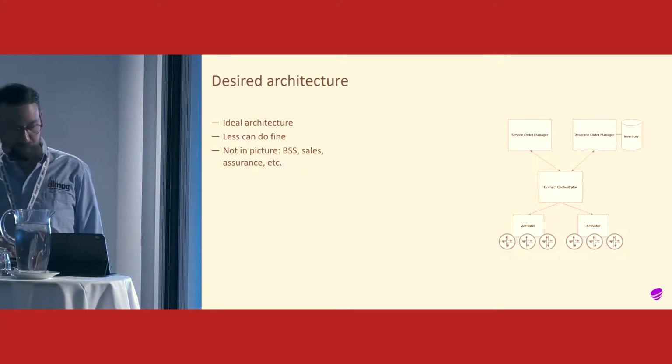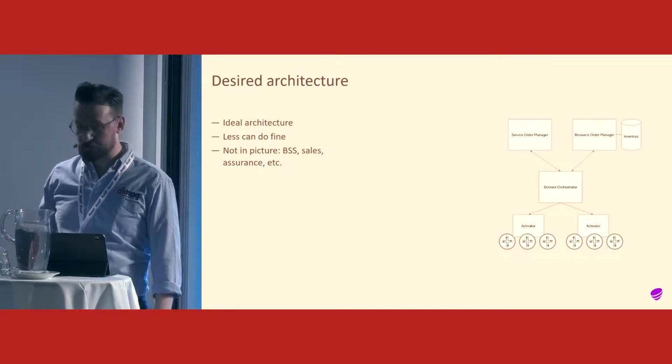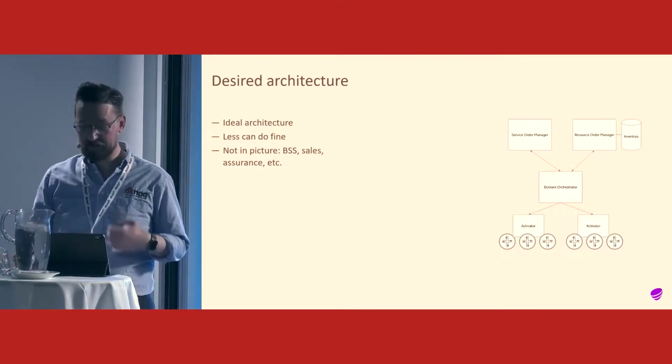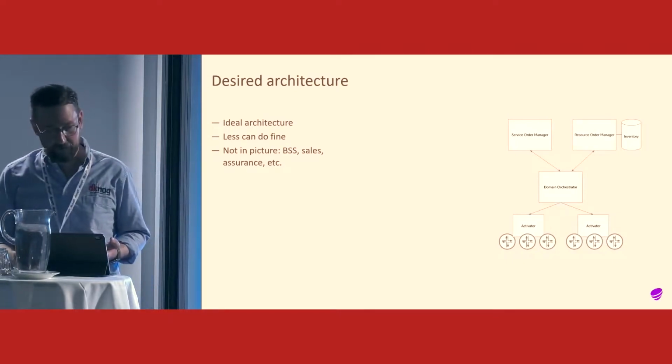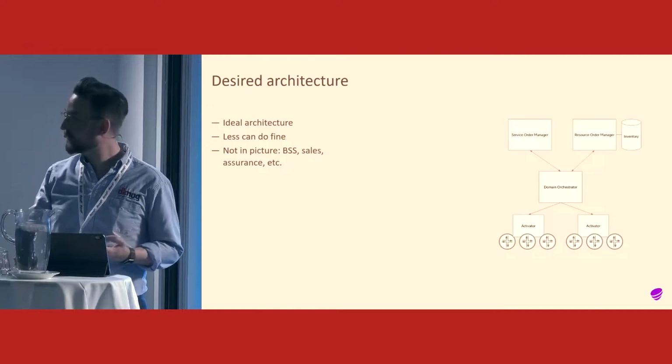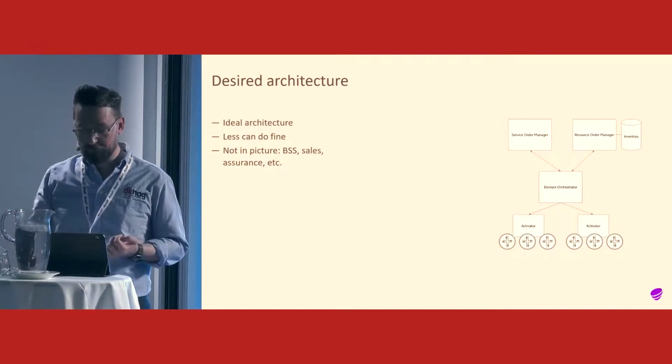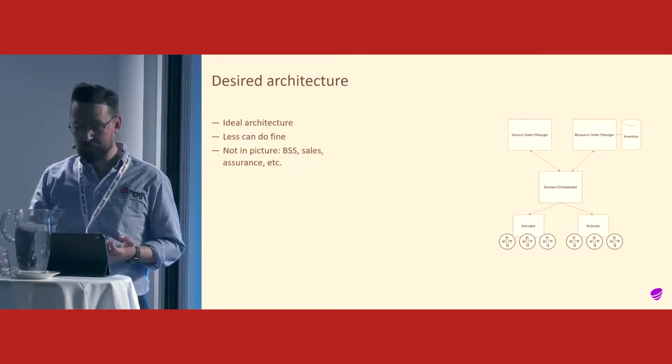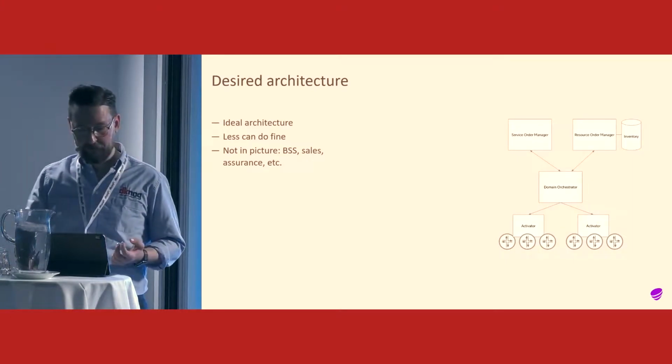Let's just quickly walk through the overall architecture that we want to build in order to make a scalable automation framework here. This is sort of an idealized architecture. Less can and will often do. That said, there are some principles here that we want to stick to.